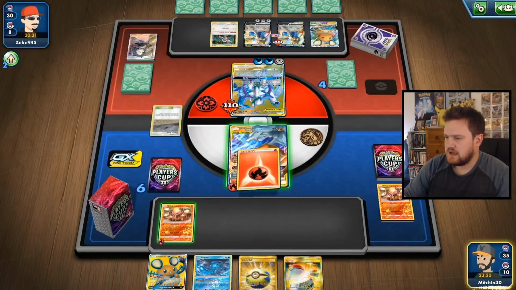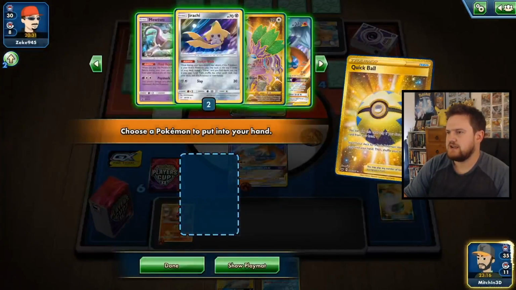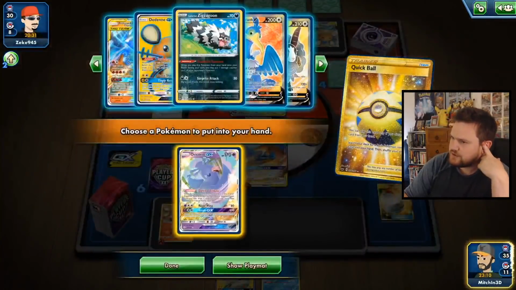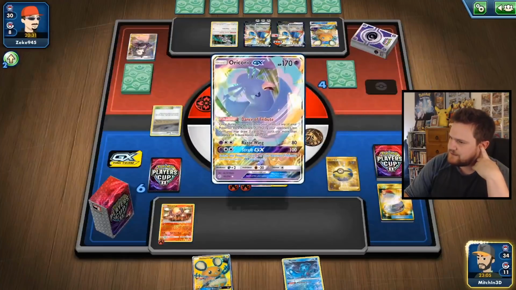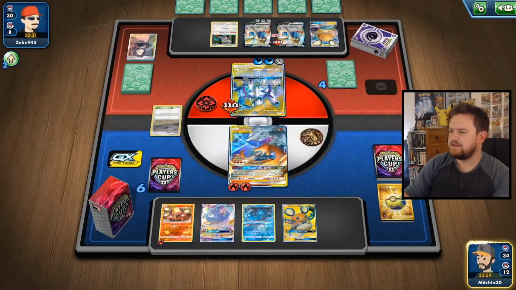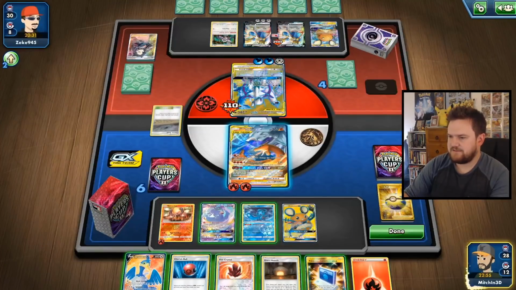Alright, that's cool. We can play down the Fire Energy. We can Quick Ball away the Switch. Let's see, what is the best thing to grab here? We don't have any Welders in the discard pile, so Mewtwo's not a good idea. I think Oricorio might be good. Maybe the Zigzagoon could be good as well. I think Oricorio is good here because we can play down Oricorio, Phione, and the Dedenne. We can draw a bunch of cards. We need to find